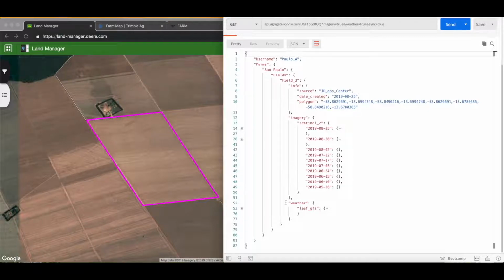We have imagery and weather. And this isn't the focus of this demonstration, but I think it is interesting to note that we do include automatically global forecast weather data, so daily weather data historical for the past 10 years, and forecasts 5-7 day. And then we also go and pull images from Sentinel-2. We crop them to the field, and then we generate NDVI, EVI, RGB images from those in PNG and GeoTIFF